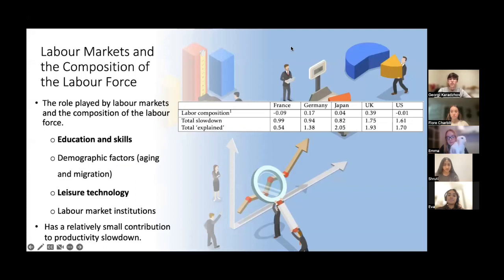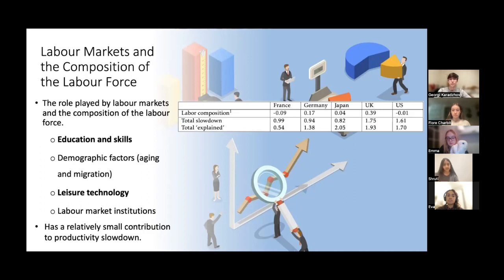Another reason for this recent slowdown of productivity is the role played by labour markets and the composition of the labour force. This can be seen by considering four factors which affect labour markets: education and skills, demographic factors, leisure technology, and labour market institutions. However, as shown by the table, labour composition has had a relatively small contribution to productivity slowdown, ranging from -10% to 22%. To see why this is the case, we chose to analyze education and skills as well as leisure